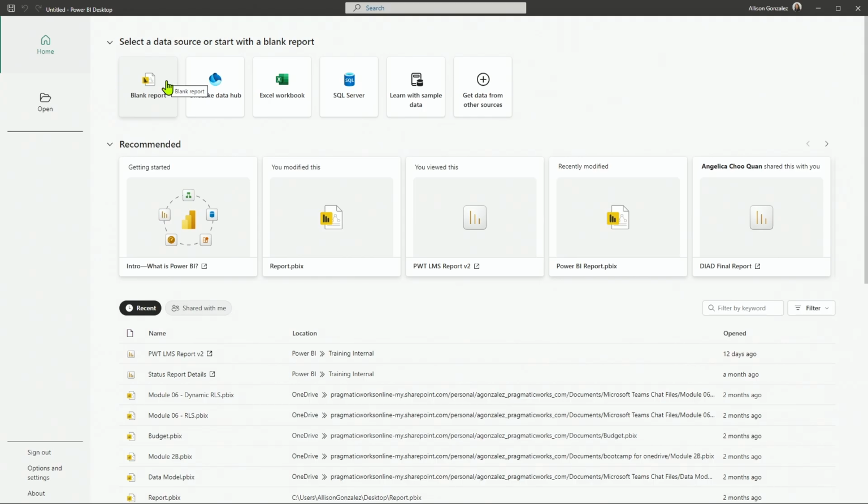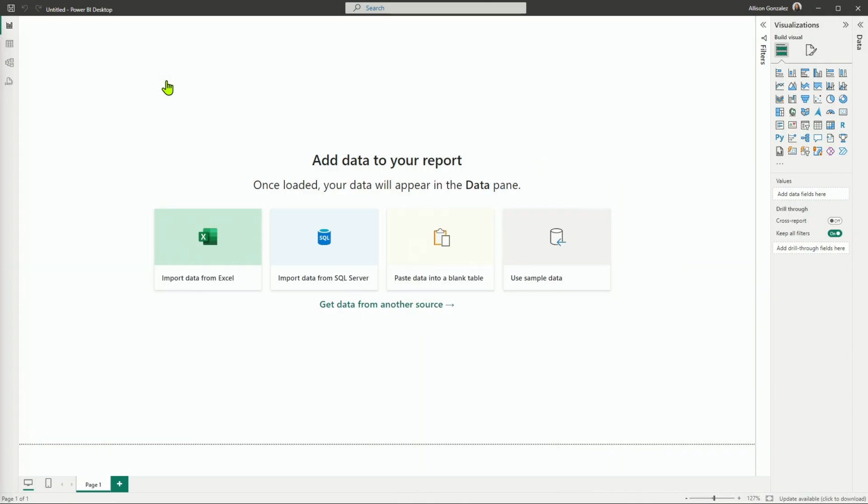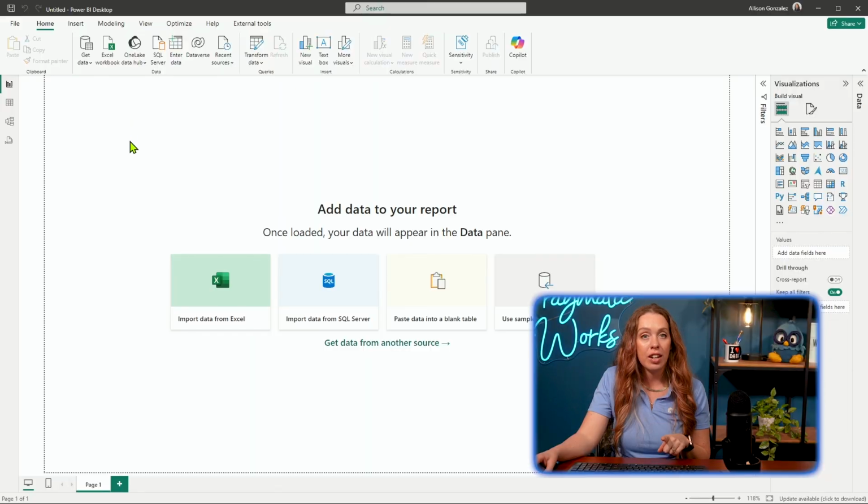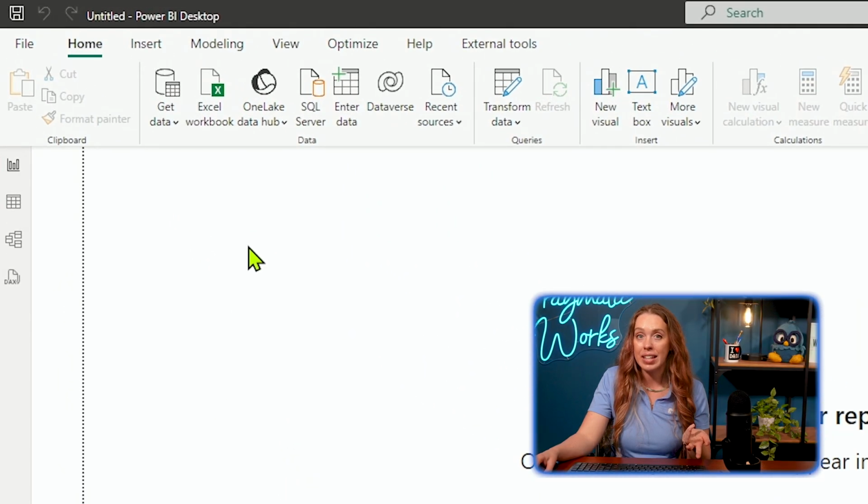Once this loads, I'm going to go ahead and click on blank report here at the top just to have a nice blank slate to start from. Now, I know if you're brand new to Power BI, learning a new program can be pretty intimidating, but I'm going to walk you through that once we pull our Excel data in, and you're going to really see all the similarities to Excel. So to bring in your data, you will notice we have Get Data,